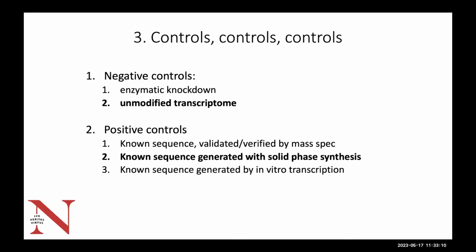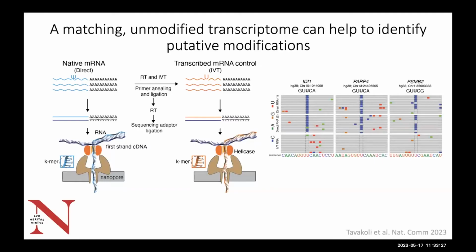So in this case, if you're studying a uridine modification, you can replace every single U in a previously generated sequence with a modified U, but that would preclude the analysis of sequences that have greater than one U. So I'm just going to give you some examples of how we use the Oxford Nanopore control in